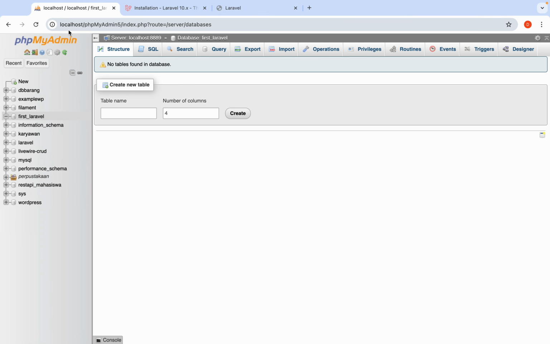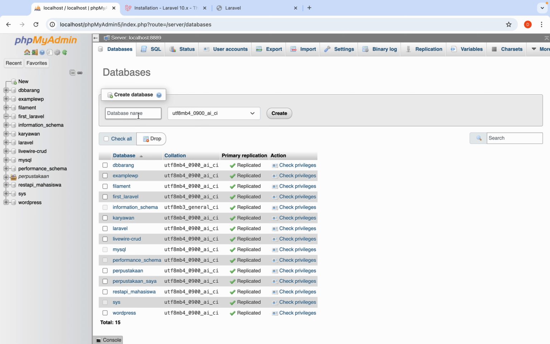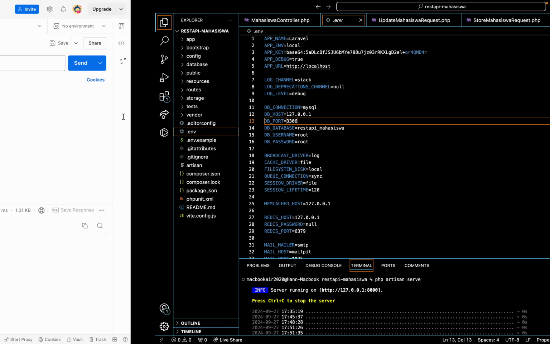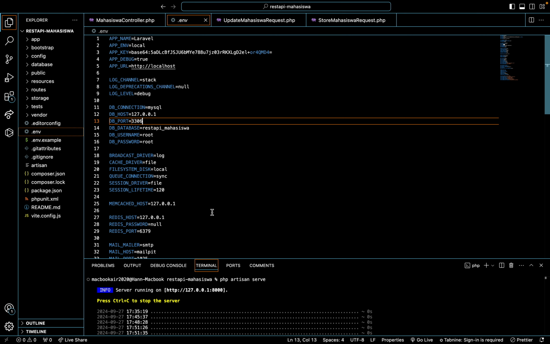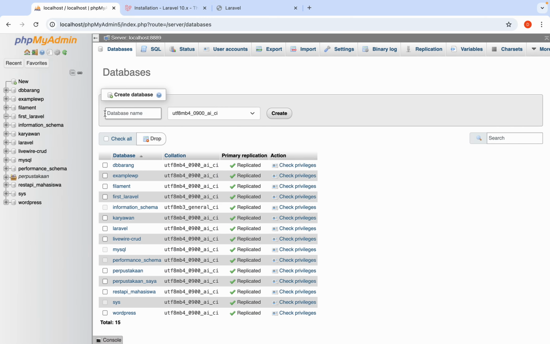Then we will open localhost phpMyAdmin. We don't need to create the new database as mahasiswa, because after we migrate this, mahasiswa is automatically added.